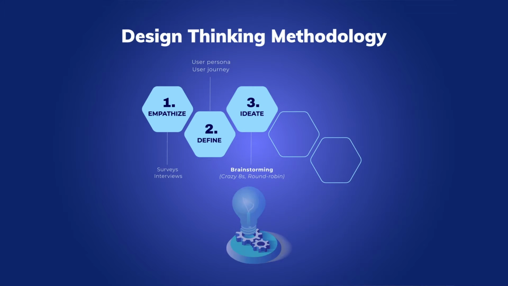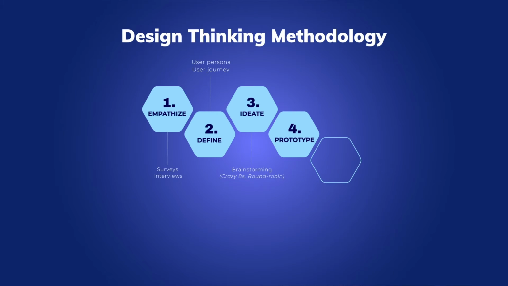So we are doing different brainstorming, where we can use different tools like crazy eights or round robins. And these are the tools that can help us to find what is the best solution that can suit the user. The fourth phase of the process is the prototyping, which is one of the most important phases because that allows us to already get some feedback from the users and allows us to improve the product.